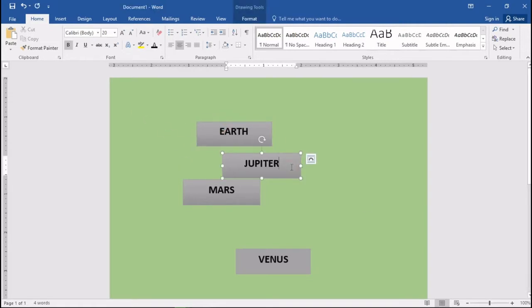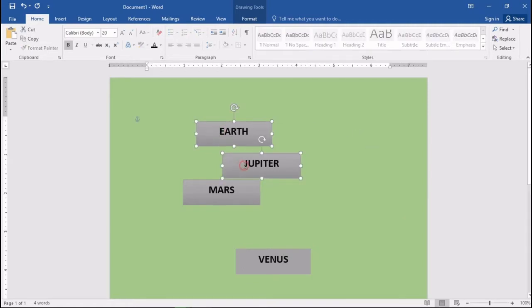Take these four text boxes for example. Right now, they are all placed kind of randomly on the page, but I would want them to line up in a row. Of course, I could try to line them up manually, or I could get Word to do it for me. The first thing you will need to do is select the objects you want to align. To select them all at once, just hold Shift on your keyboard while you click. Next, move on to the Format tab and click the Align command.